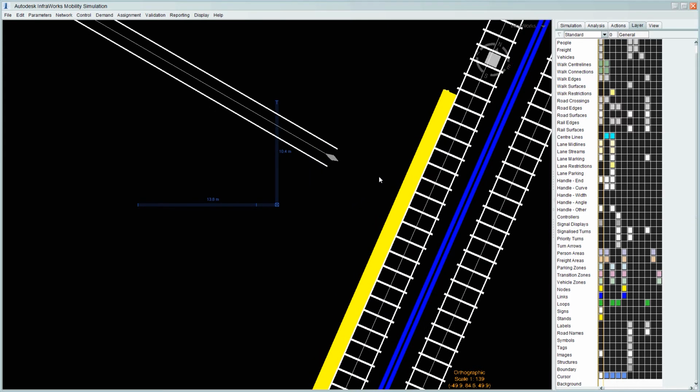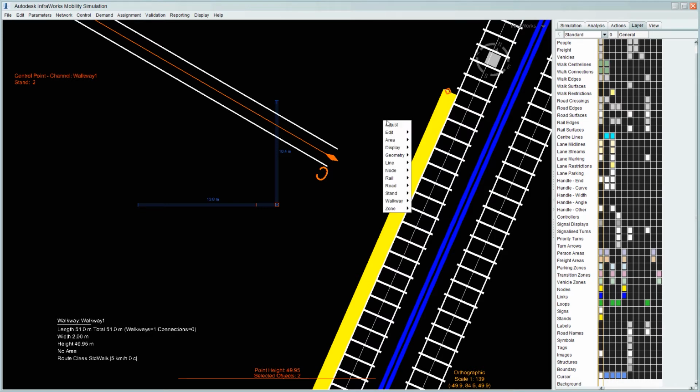And then what we need to do is connect this stand, this platform, to this walkway. So we just select the walkway end and select the platform or the stand, and then we can just right click, go down to walkway and say new connection to stand.